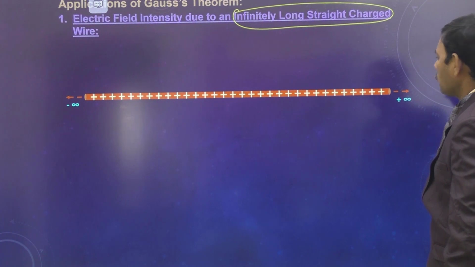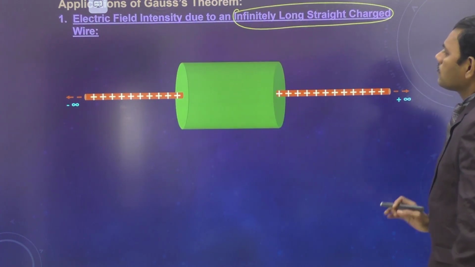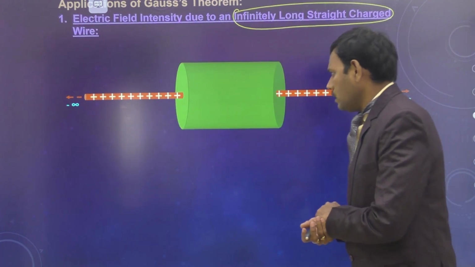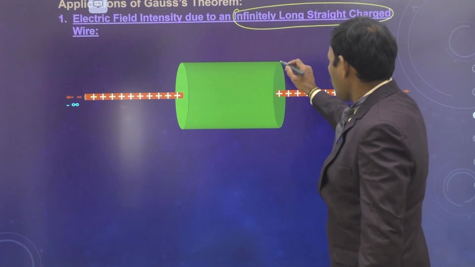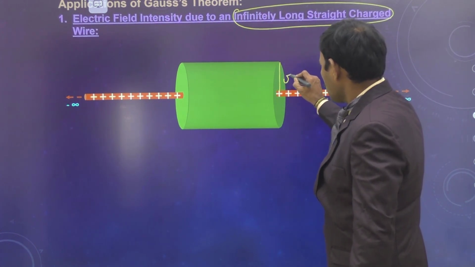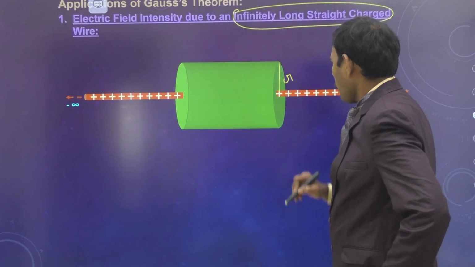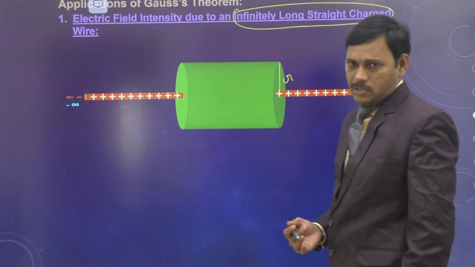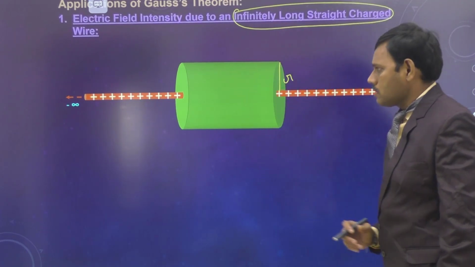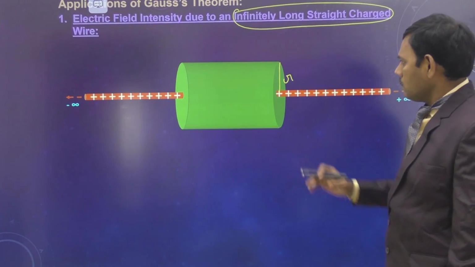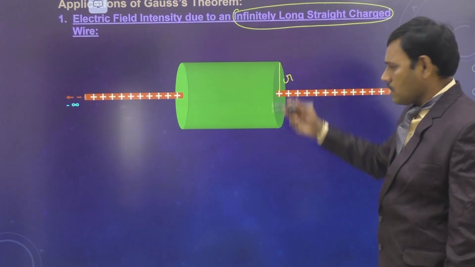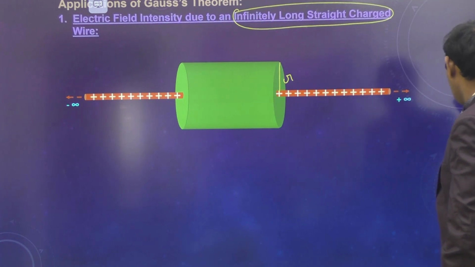To find the electric field due to this wire at a distance r from the charged wire, let us assume a Gaussian surface. This green shaded part in the animated diagram shows a Gaussian surface in the form of a cylinder of radius r,